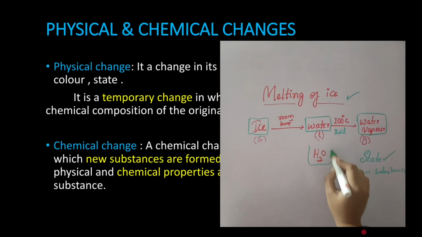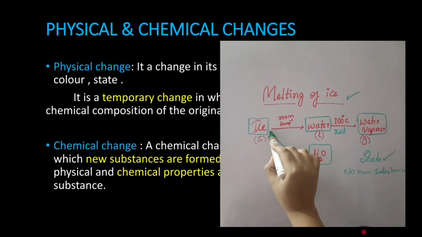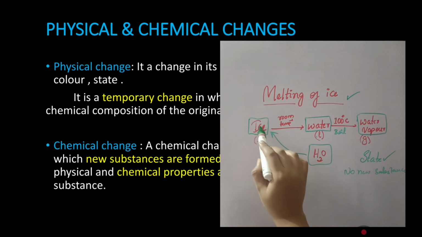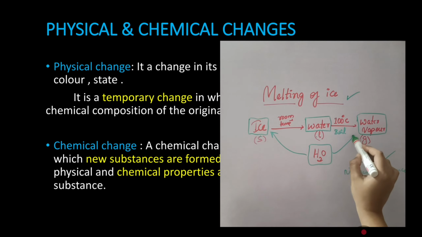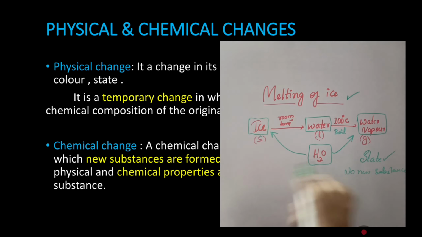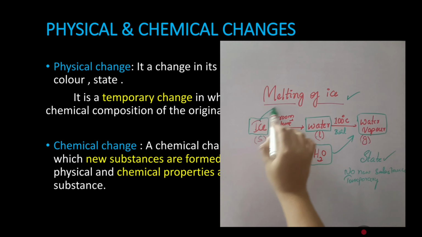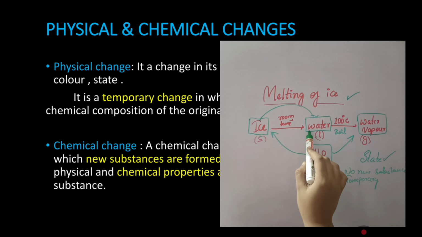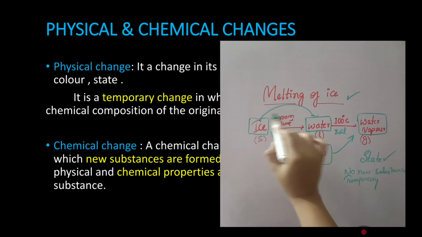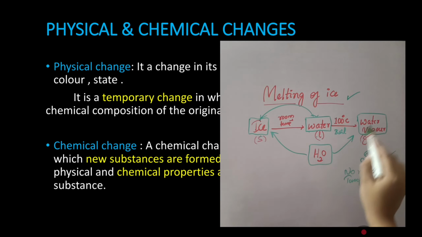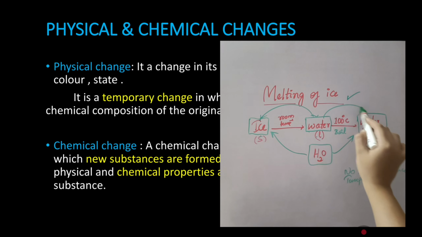Water's molecular formula is H2O, the chemical composition, and even in its solid state it is H2O. The ice formula is H2O, and even in its gaseous form it is H2O. There is no new substance formed, and the change is temporary. Okay? Because ice melts into water, and on freezing water becomes ice again,